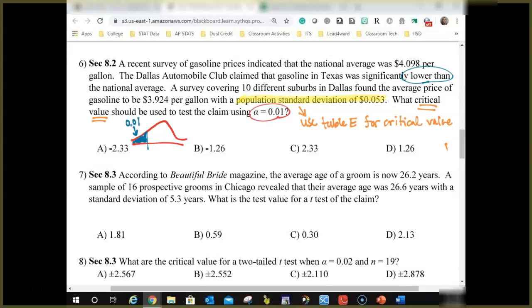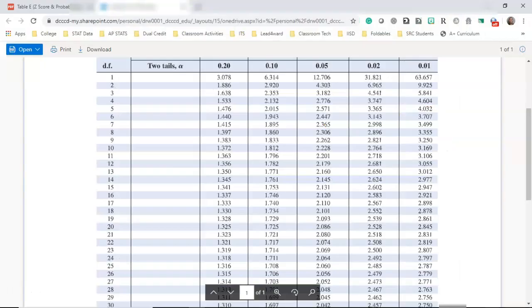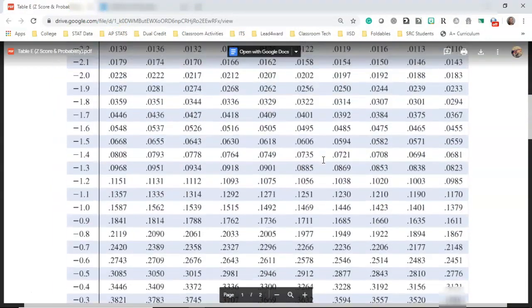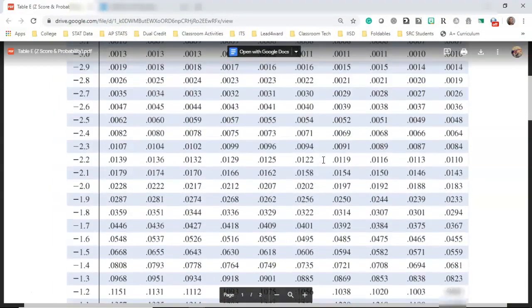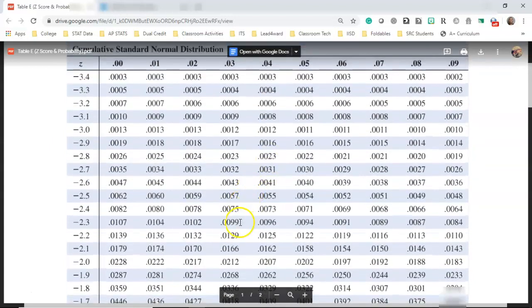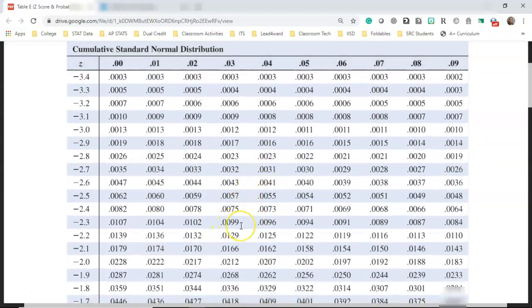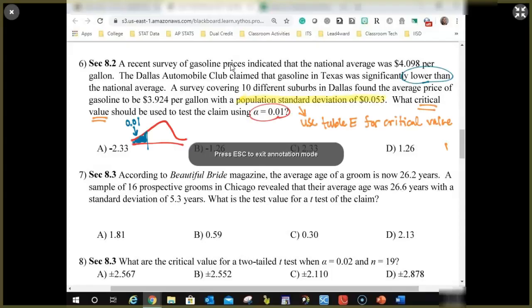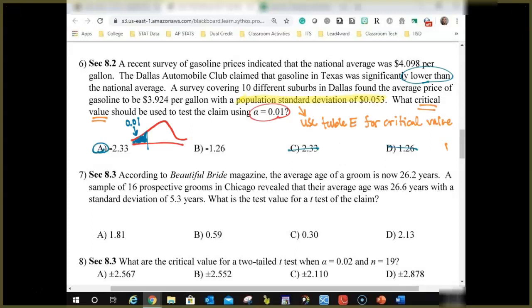That means if I go to table E and I want to find the area closest to 0.01, which is this value here, 0.0099, we look at a z-score of negative 2.33. So the critical value that we would use for this one would be answer choice A, negative 2.33. And then in question 7, it says, according to A Beautiful Bride magazine, the average age of a groom